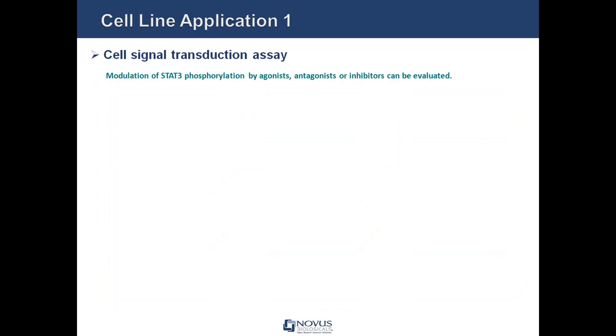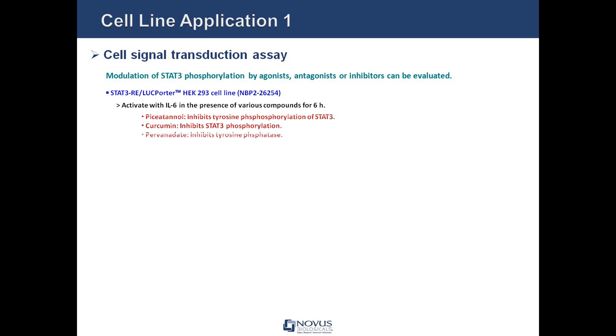I'd like to introduce several applications. So if you want to test cell signal transduction, you can use LUCPorter cell lines. For example, modulation of STAT3 phosphorylation by agonist, antagonist, or inhibitors can be evaluated. You can use STAT3 LUCPorter cell lines. The STAT3 LUCPorter cell line can be activated with IL-6 in the presence of unknown compounds or inhibitors, agonists, antagonists,